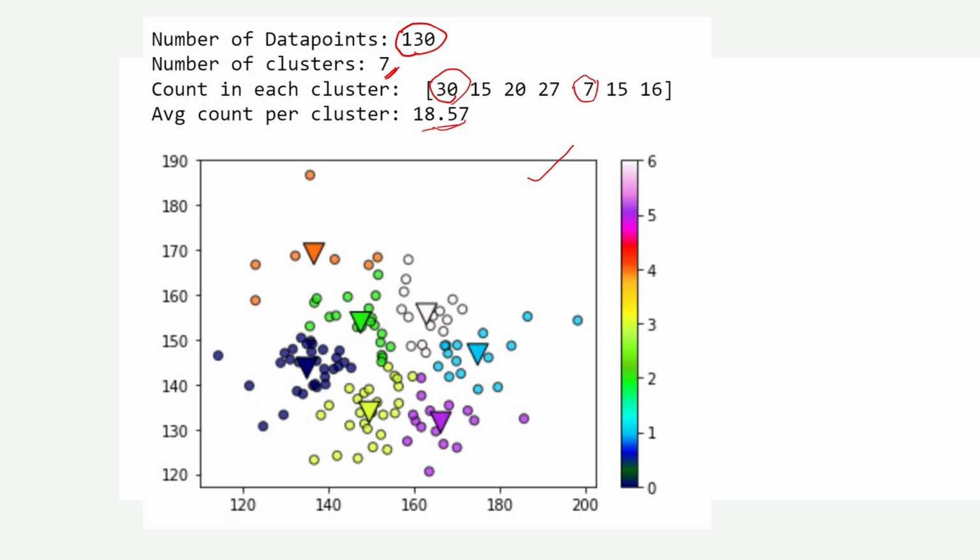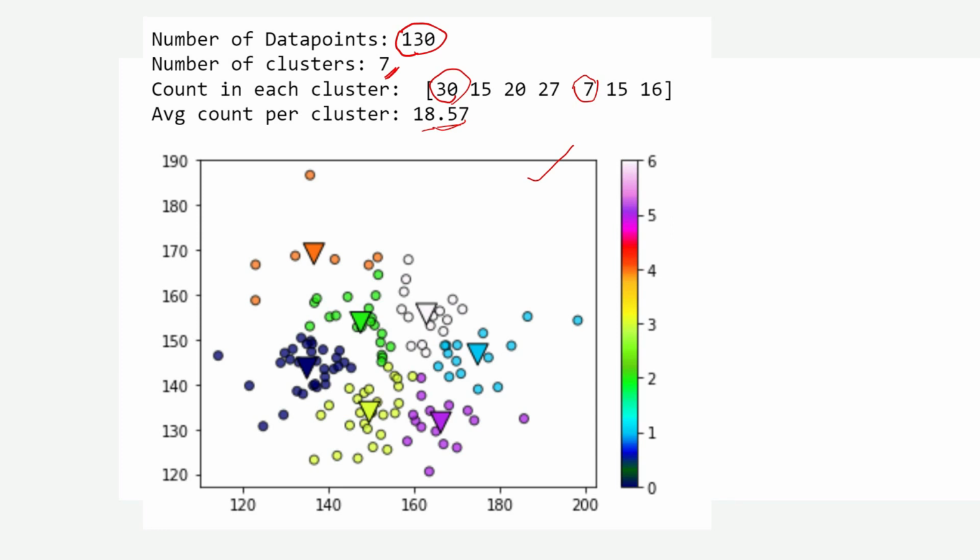So k-means doesn't really control this. We don't have control over what the content of each cluster is. We get clusters which are close by and we get k different clusters, but we don't have control over how many points there are, or the weights associated with each cluster. We may not be able to control it. So how do we go about it?